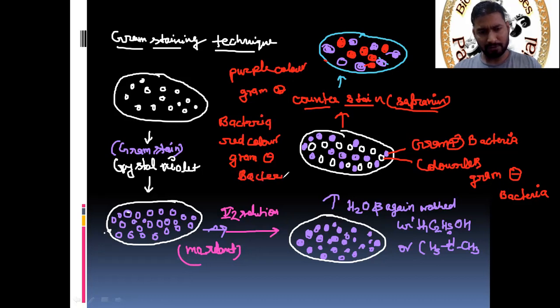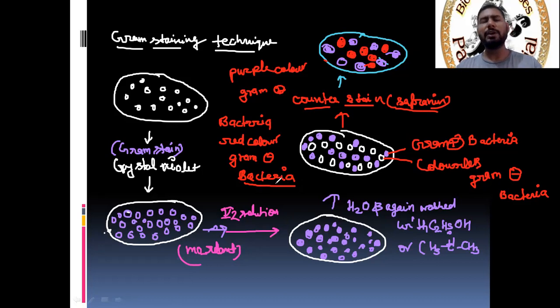Okay, I think this concept is clear. I'm going to recall it again within a few seconds. Firstly, we took the bacteria in a Petri plate and cultured the bacteria. After that, we used the gram stain, which is a weak alkaline solution, also known as crystal violet. When you treated the bacteria with this crystal violet, all bacteria became purple or violet in color.